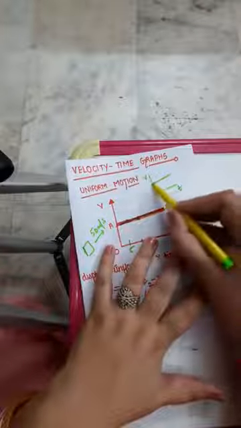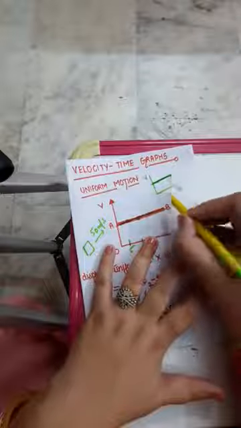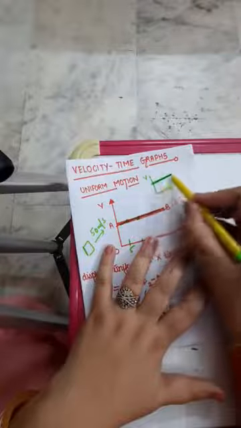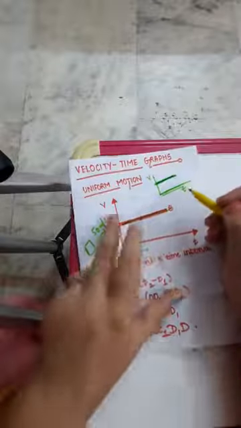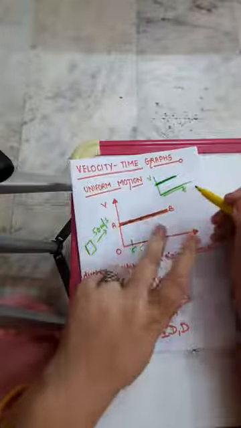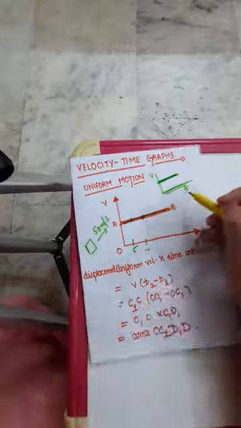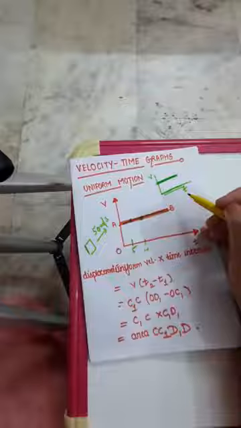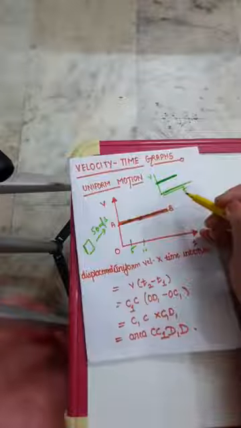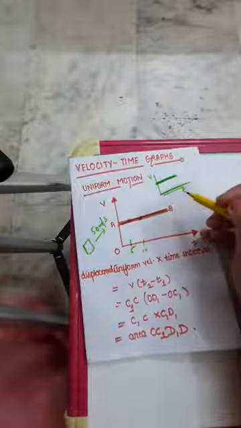But when you talk about the distance time graph, it is a straight line parallel to the time axis only when the object is stationary. But the velocity time graph is a parallel line when an object is in uniform motion, which means it is traversing its entire journey with the same velocity.